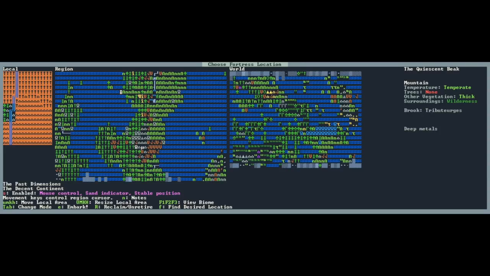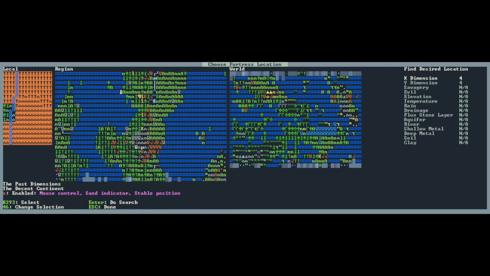But in order to make things a bit easier for us, rather than just diving straight into a particular point, we're going to ask the game to give us some kind of guidelines. And we're going to do that by hitting Find Desired Location. That's a lowercase f. And you can see on the right here that we've loaded up some various parameters we can choose. So, again, borrowing parameters from Geeta Jackson, I'm going to choose,